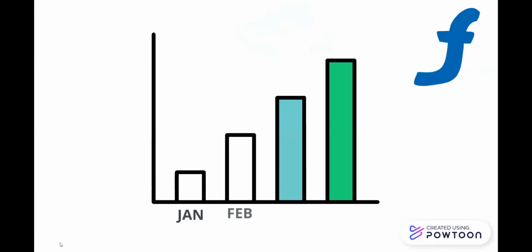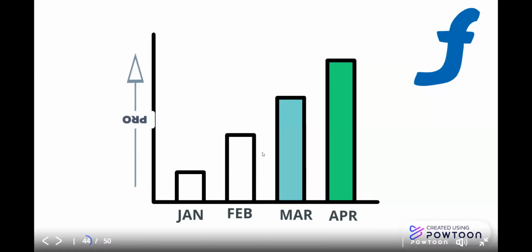That means, assume that, let's take Flipkart. Assume that they have seen the graph of Flipkart. In January, only small revenue. In February, the revenue has increased. In March, the revenue has increased. In the month of April, the complete revenue of Flipkart increased. And they observed what was done in April to make sure the revenue increased. They got to know that if there is any offer given for the customers, they'll try to purchase more.